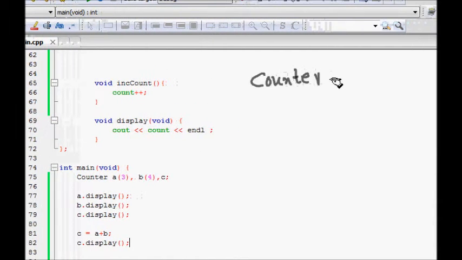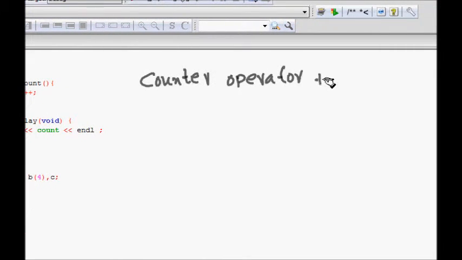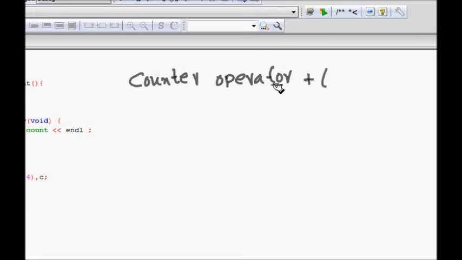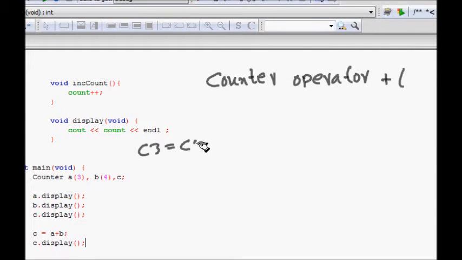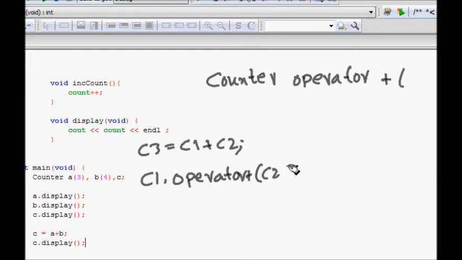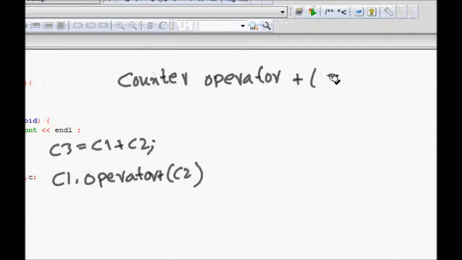So return type is counter. Then for operator overloading we write the operator keyword plus. Now we need c3 is c1 plus c2. So this is the overloading, which will basically be calling c1 dot operator plus, and in the argument we will be passing c2.